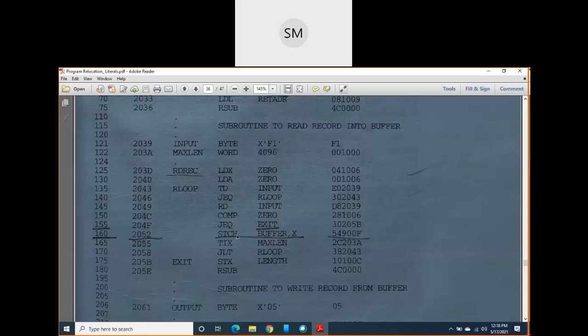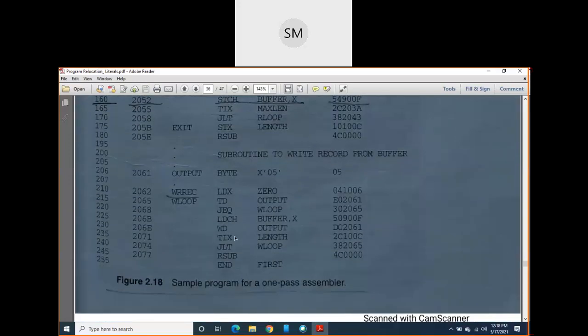There is no question of searching the address of an operand later in your program. Similarly, we have written the write record subroutine here, and only one symbol is defined here, that symbol is OUTPUT. So by writing your symbol definition statements at the beginning of the program or subroutine, you eliminate the forward reference. If you eliminate the forward reference, there is no need for a second pass. In only one pass, the assembler can easily translate your assembly level program into low level program. Clear?